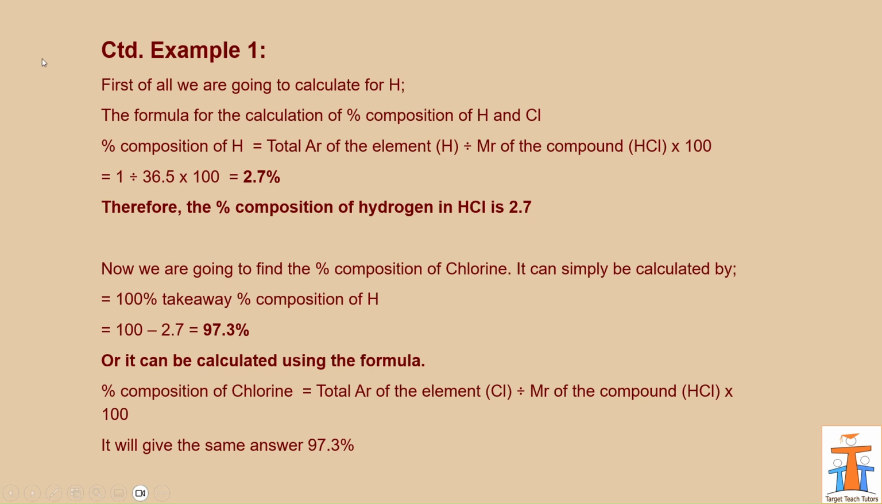Now we are going to find the percentage composition of chlorine. It can simply be calculated by 100% take away the percentage composition of hydrogen. That means 100 minus 2.7 is equal to 97.3%. Or it can be calculated using the formula. Percentage composition of chlorine is equal to total relative atomic mass of the element chlorine divided by relative formula mass of the compound hydrogen chloride multiplied by 100. It will give the same answer,